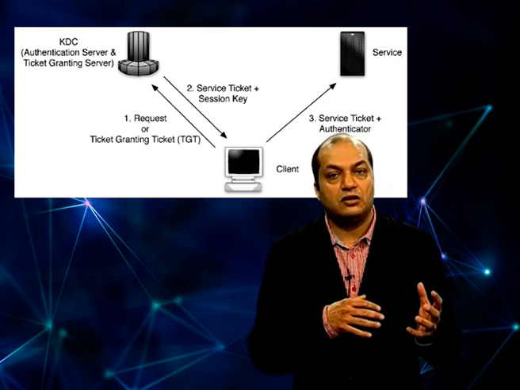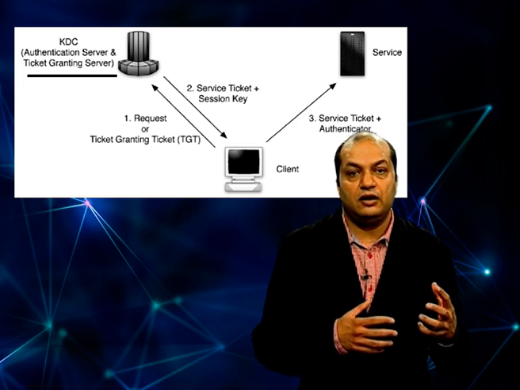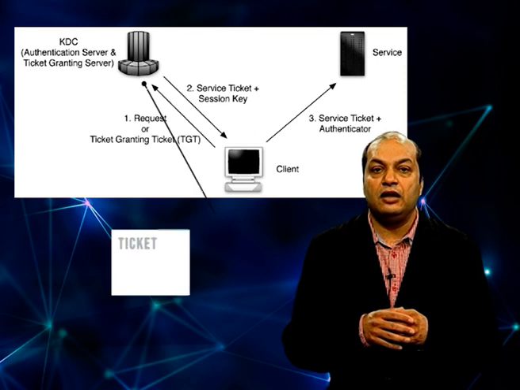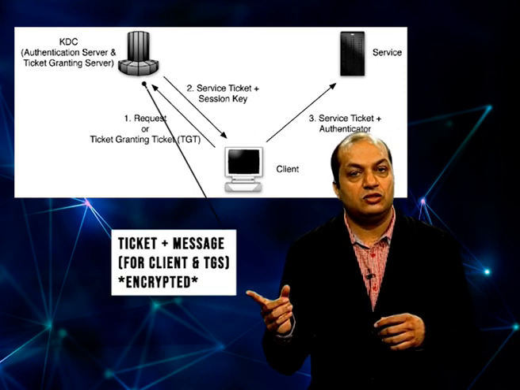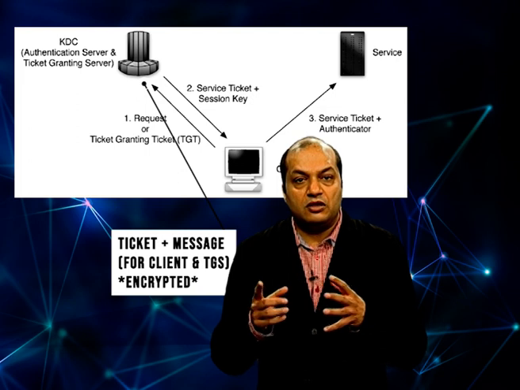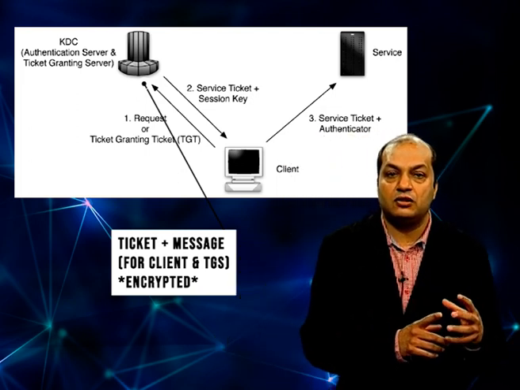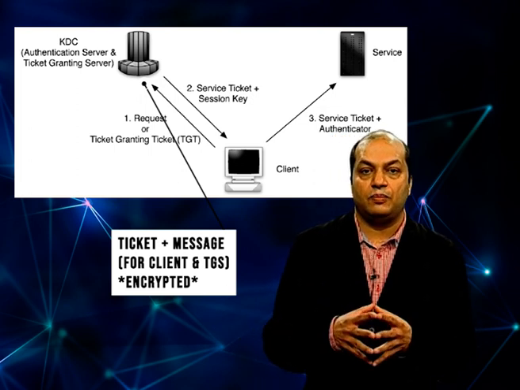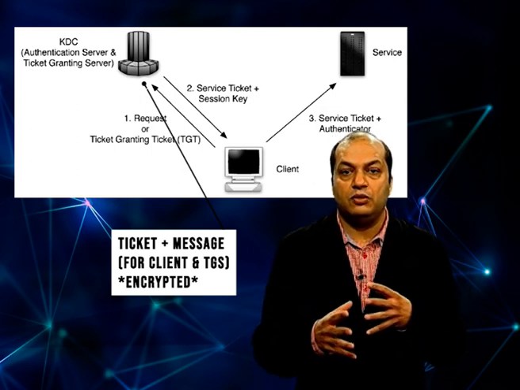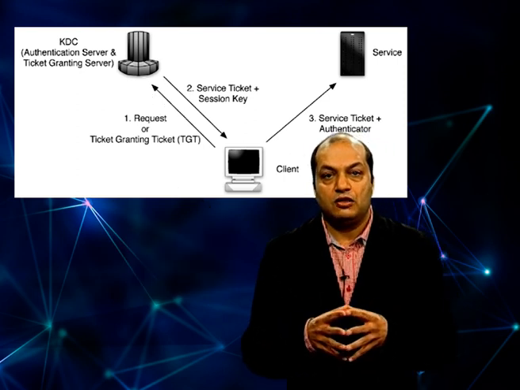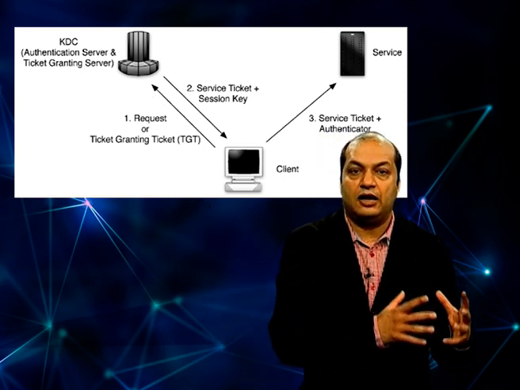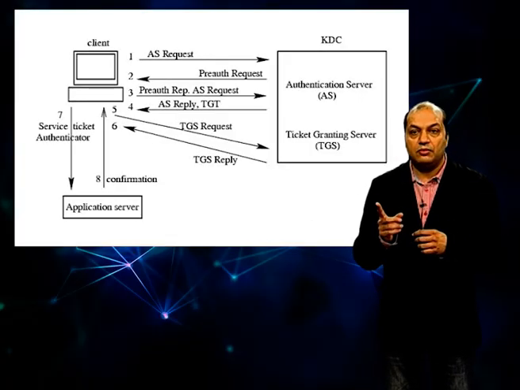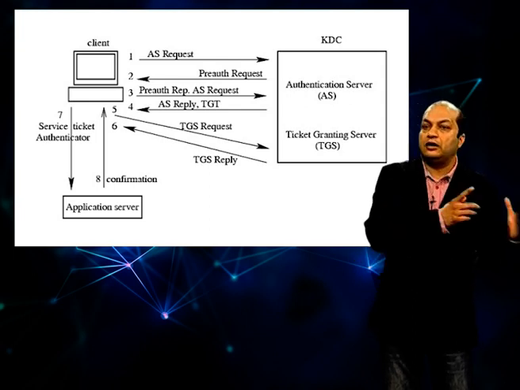After seeing the request, the KDC checks whether the client is a registered user or not. If he is a registered user, then the KDC computes a ticket and a message. So, two messages are generated here. One of them is intended for the client only and the other one is intended for the ticket granting server. These two messages are communicated in an encrypted form. So, there are two envelopes that are sent from the KDC to the client. The client can decrypt only one of them and he forwards the other one to the ticket granting server.